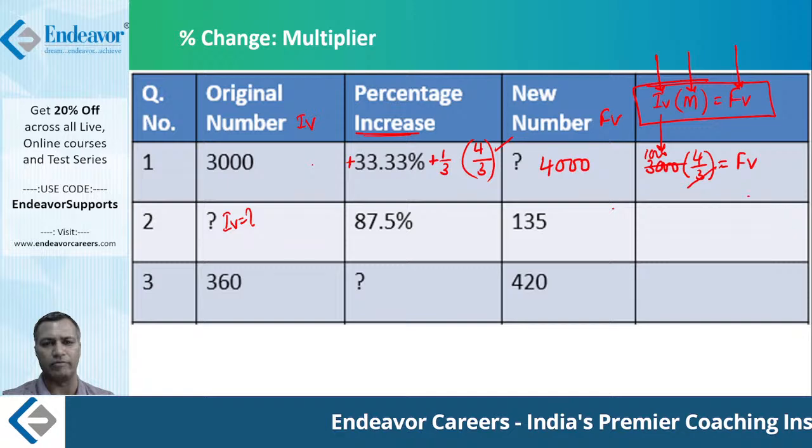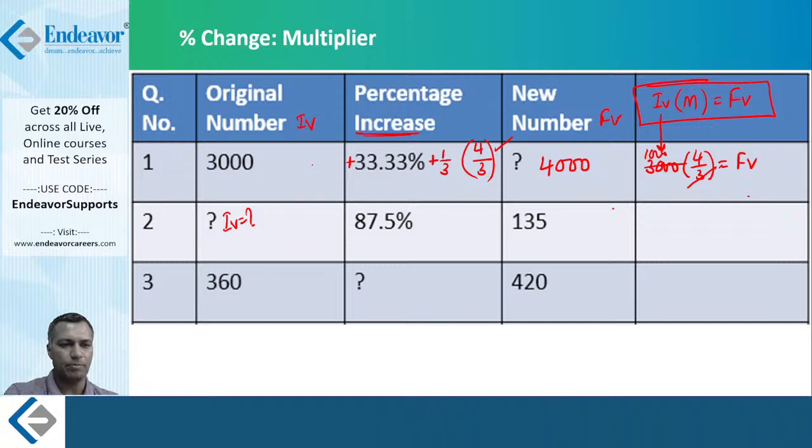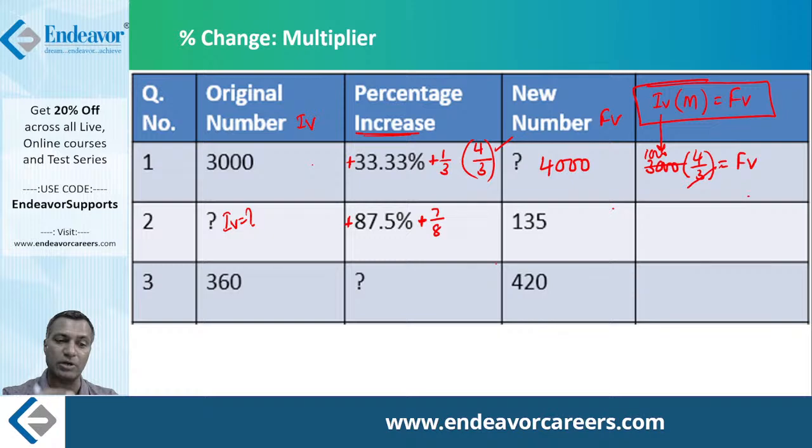All right, let's see here first. Increase is how much? 87.5%. What is 87.5%? Today there can be a feeling of discomfort, it doesn't look so nice to us. Fair enough, so today I will help you. 87.5% is nothing but 7 by 8. This is the fraction related with percentage increase. Then what is the multiplier? Copy this 8 as it is. 8 plus 7. What is 8 plus 7? 15. Therefore the multiplier is 15 by 8. Multiplier should sit on which particular side? Initial value side, correct.